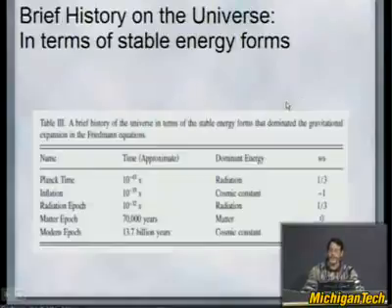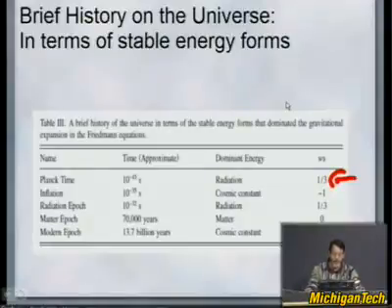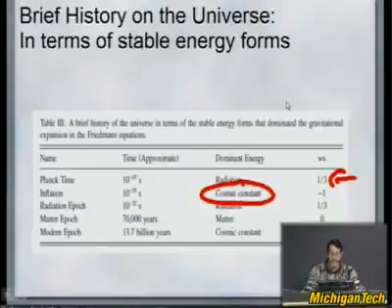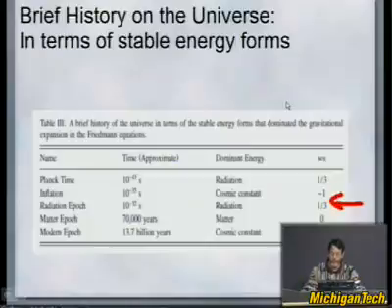So you can give a brief history of the universe this way. You can say that early on, before the Planck time, it seemed to us, so far as we know, that radiation was dominating the universe before then. So if you want to explain the expansion of the universe in the perfect fluid, you need to do radiation. Past that, there was an inflationary epoch where it seemed some kind of dark energy cosmological constant was operating. After inflation ended, there was another radiation epoch, and W of 1/3 dominated for a while.